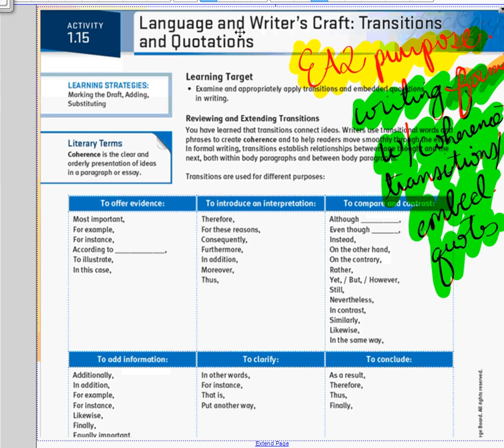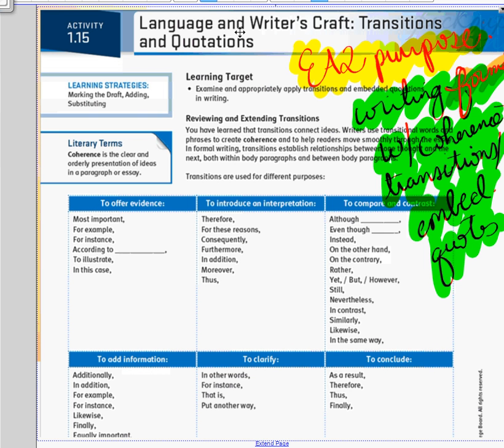All right, so our purpose here today, you need to make sure that you're writing it down, and I'm going to read it aloud to you as well in case you're having trouble reading it. You know that you are working towards creating a definition essay in which you define the concept of heroism. In order to define that concept, you know you have to use the three definition strategies of function, example, and negation. So this activity is titled Language and Writer's Craft.